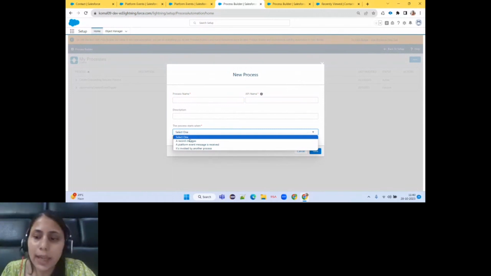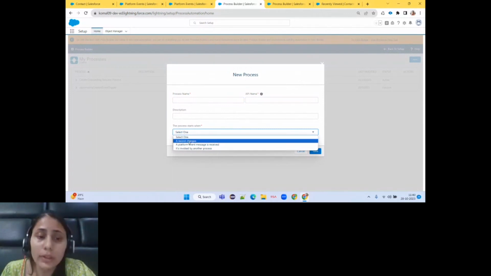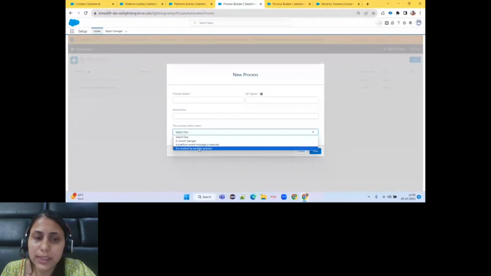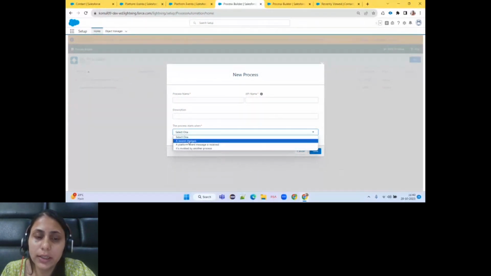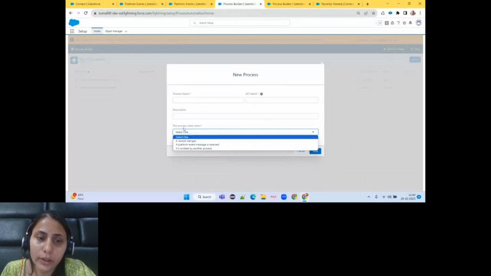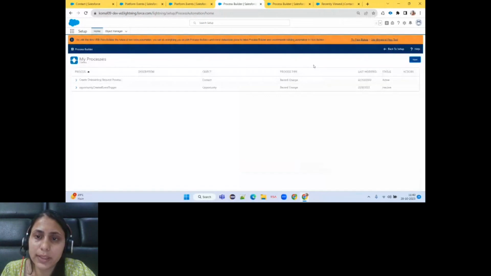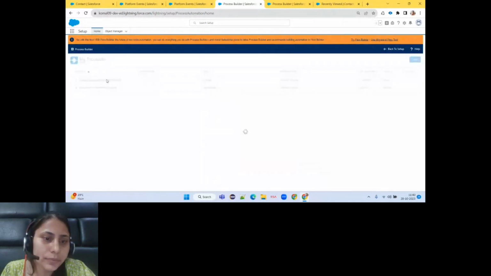It can be if any record changes, if a platform event message is received, or if it's invoked by another process. So this is how you choose when your process starts. In my case, I will be choosing record changes.